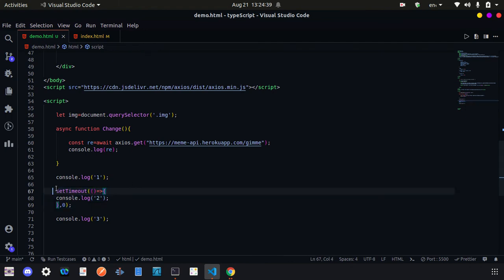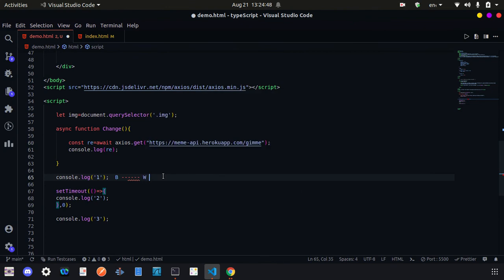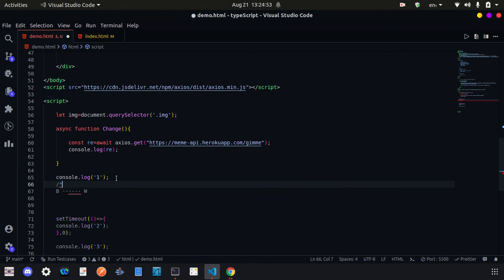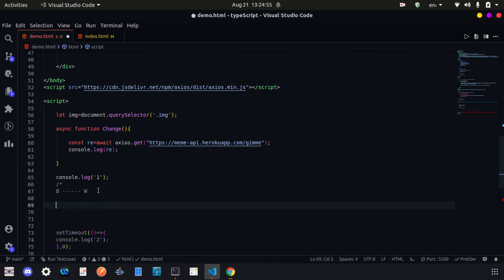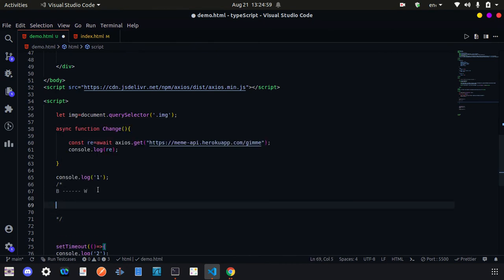Because of that, we can assume that our browser is here, and we have one web API here, and below that here you are the client.